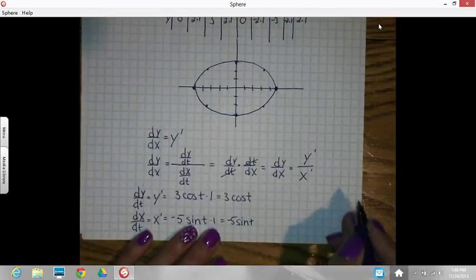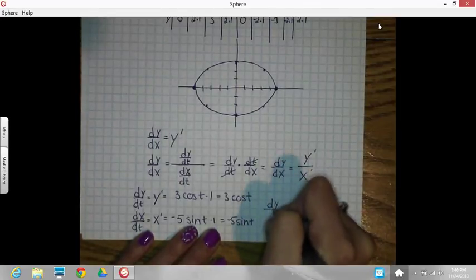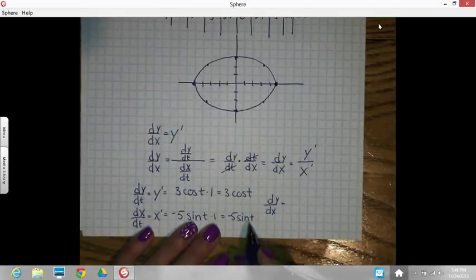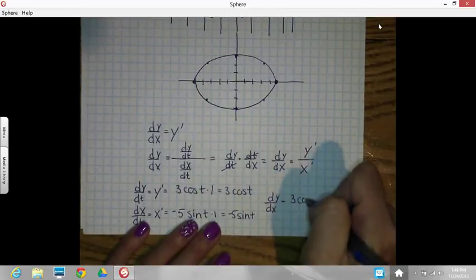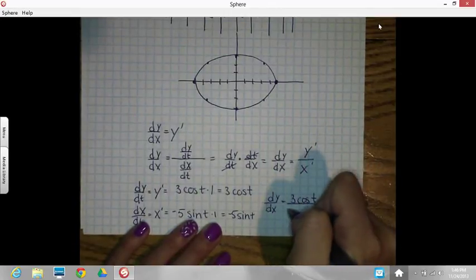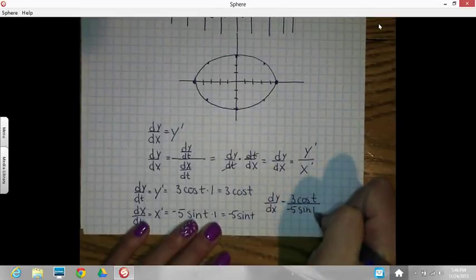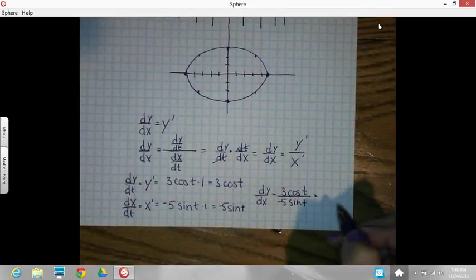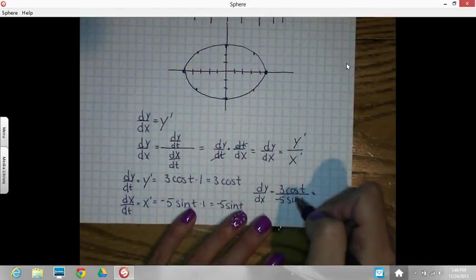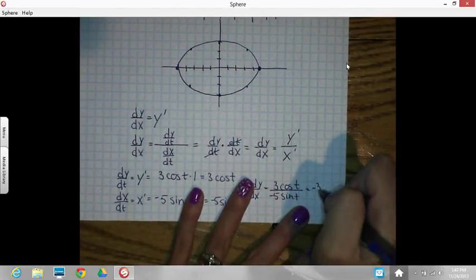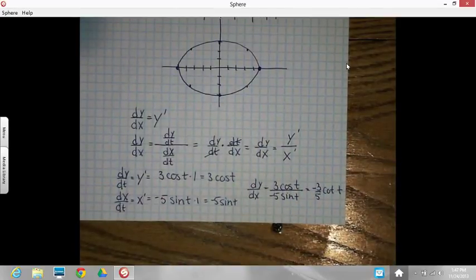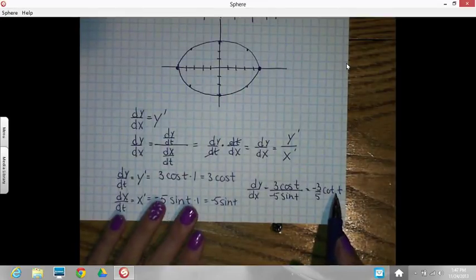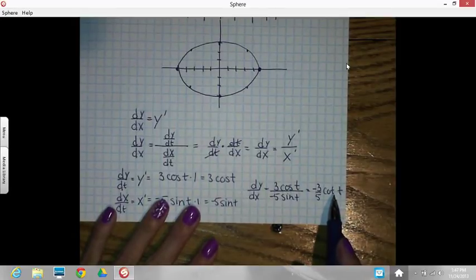So now to get my dy/dx, I just have to divide those two derivatives, the y derivative divided by the x derivative. So it's going to be 3 cosine t over negative 5 sine t. I can leave it like this, or simplify, knowing that cosine over sine is cotangent, negative 3/5 cotangent t. And now I can find the derivative value at any t value. So let's say I wanted to find it when t equals